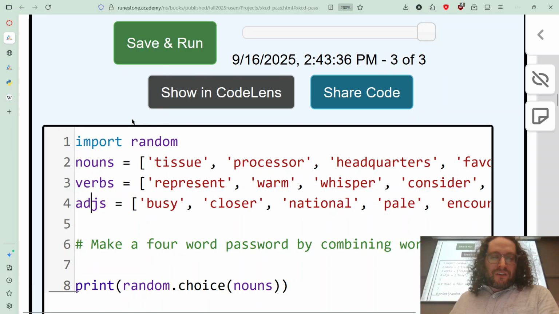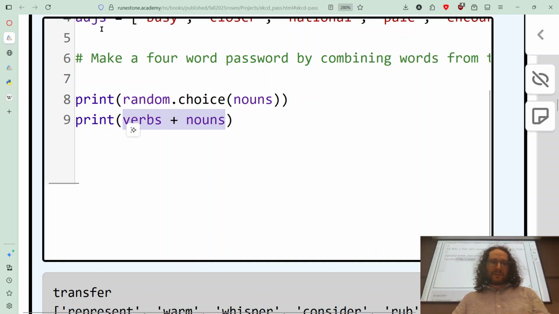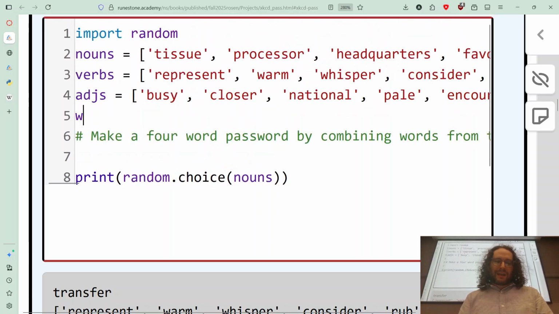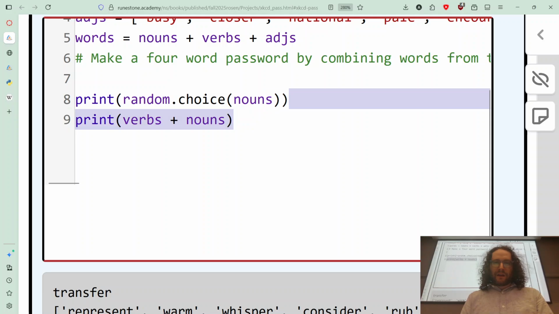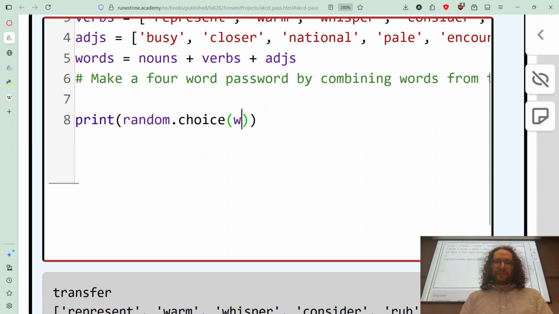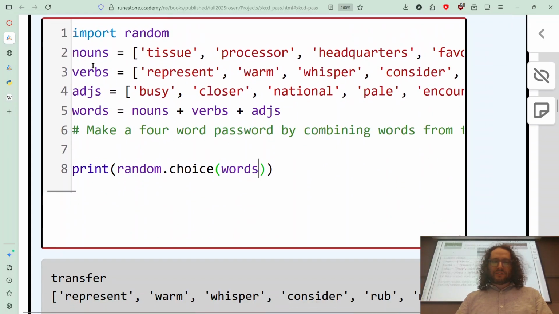So here, just like we would choose a random letter, we can simply choose a random word. So let's go ahead and say, rather than calling it characters, I'm going to call this words, right? And I'm just going to say nouns plus verbs plus adjectives is all the words we have access to. And so if I do this, random.choice words, we'll start seeing,